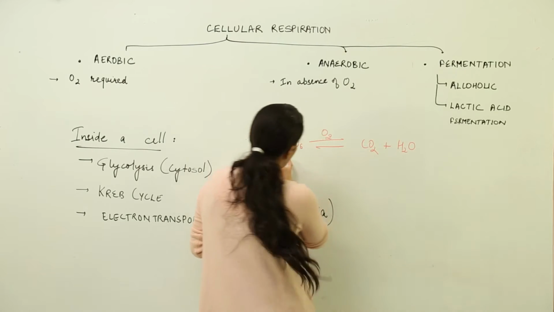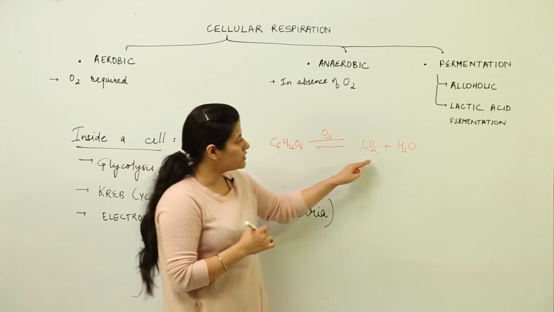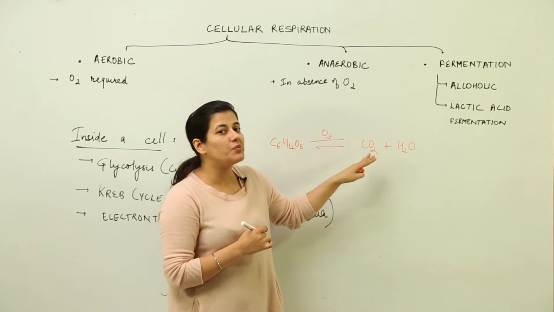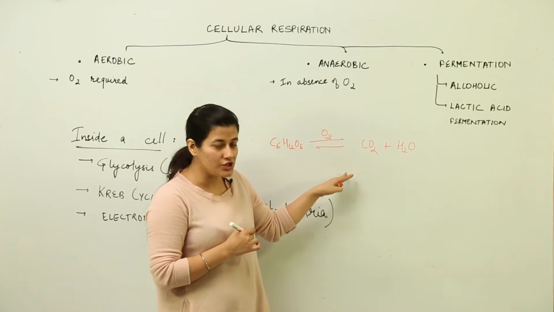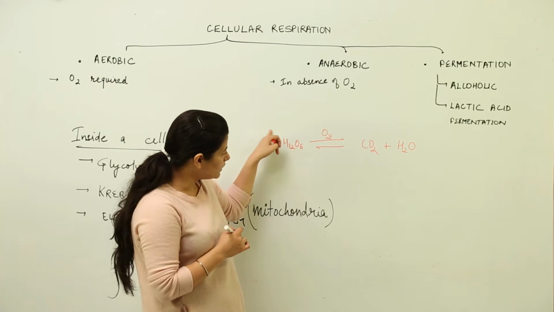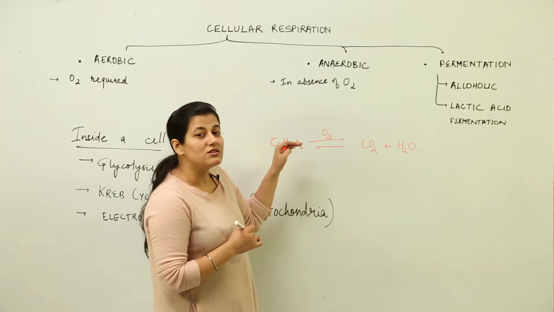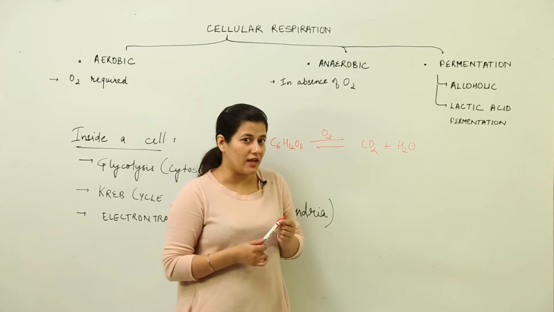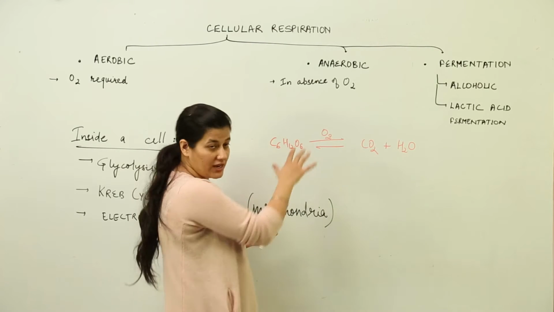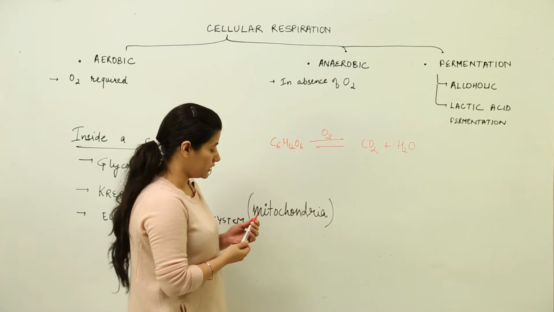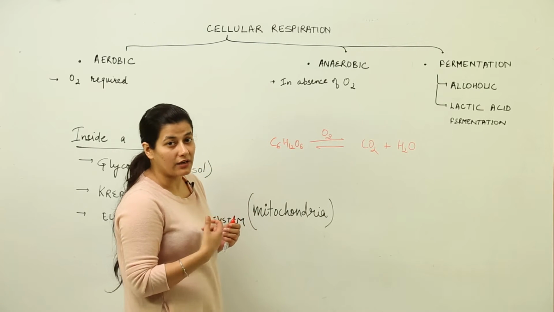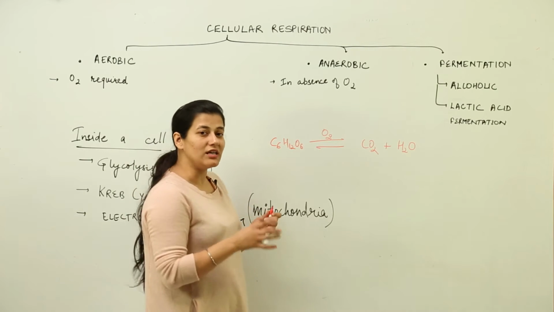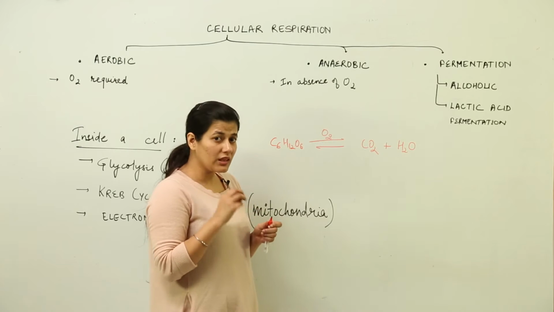So when this complex molecule is broken down into these two molecules, which are quite simple, one is carbon dioxide, the other is water, this breakdown produces immense energy which was earlier stored in the bonds of the molecule. That energy is taken up in the form of ATP and the cell would use that energy. So this process of breakdown is respiration, not the one which we think otherwise, that taking in oxygen and giving out carbon dioxide, though that is also involved in the case of humans,